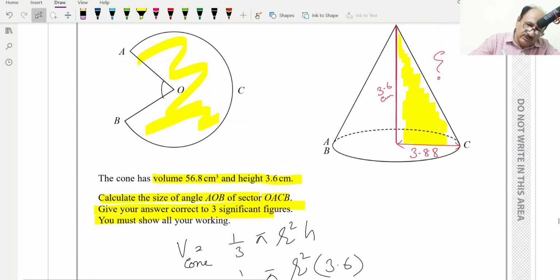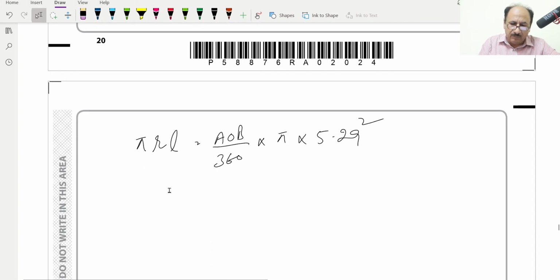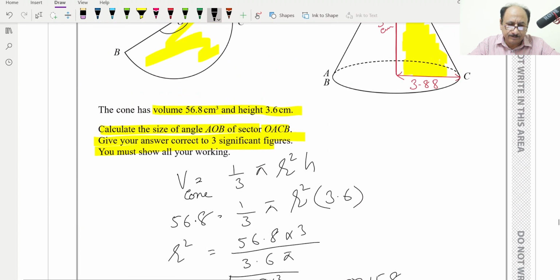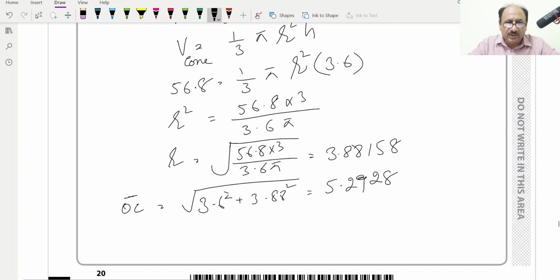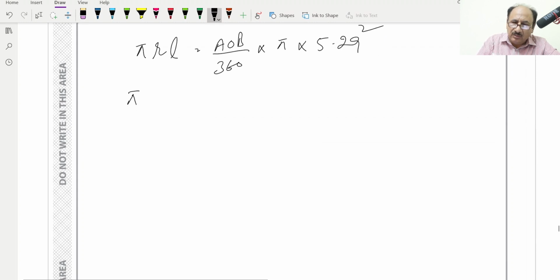Basically not this angle, they are asking for this reflex angle, so we will calculate that one. This is the equation, and pi r value is what? The r value we already have, which is 3.88, and 5.29 is the L value. So we can write this as